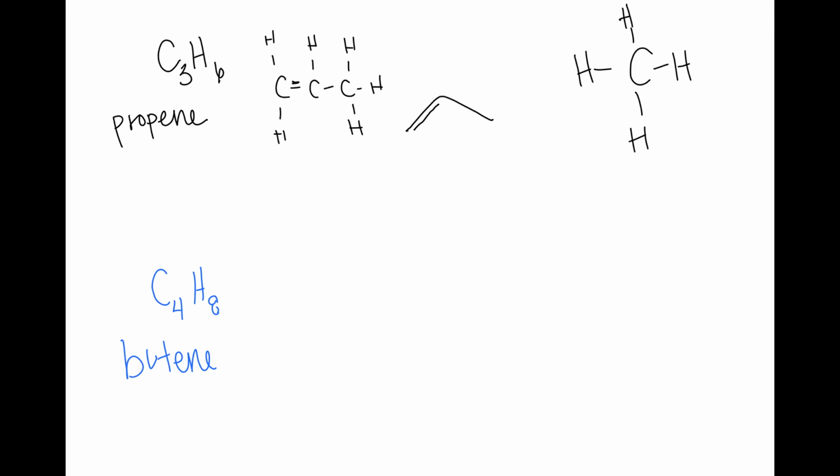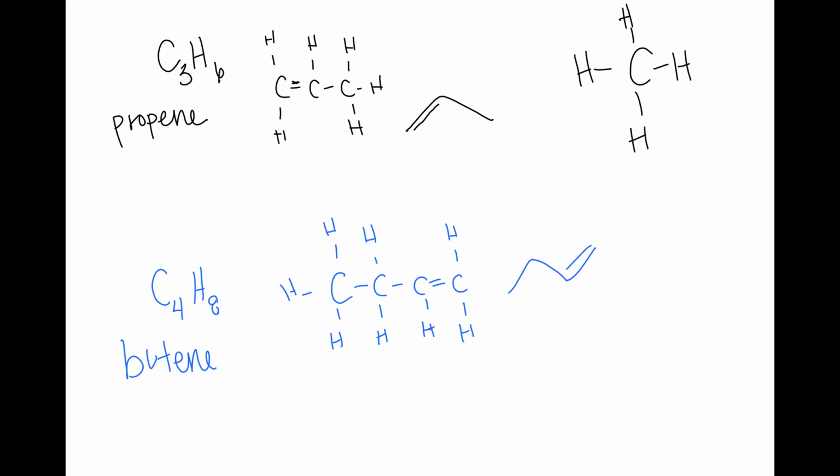So I guess I will draw the Lewis structure for this. So C, C, C, C. Okay, so notice I have 3 on this end, 4, 5, 6, 7, 8 hydrogens total, and this would be drawn like this